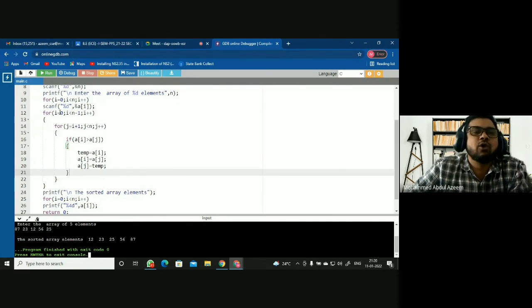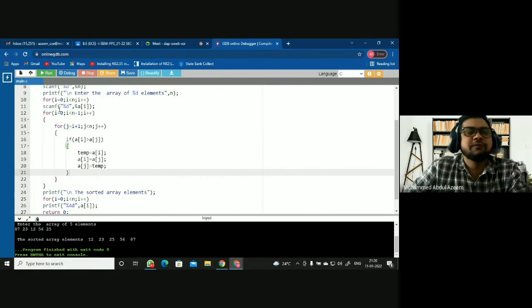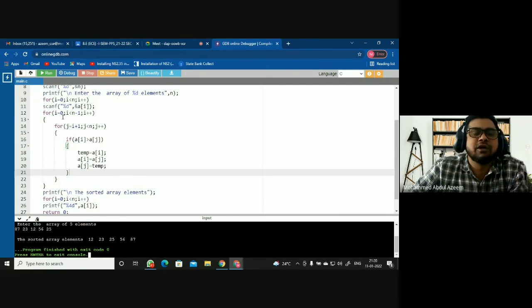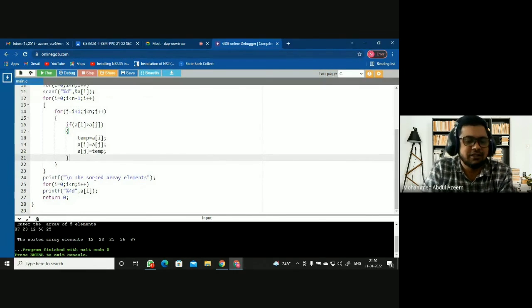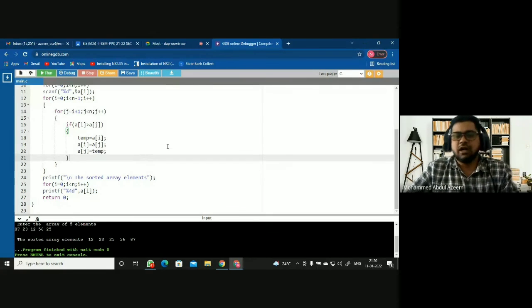In this selection sort, what is it that we are doing? We have taken two iterators i and j. i is representing the selected position. The selected position starts from the first onward till the last but one, and the rest of the elements obviously start after the selected position. So j should start with i plus 1, and go up to the last element. So you are going to compare the selected position element with the rest of the elements. Whenever you find the selected position is greater than the rest, then you are going to make an exchange. Otherwise not, right? Like this you'll be doing it for all the passes. Then obviously when you come out of it, you'll find all the sorted elements available here. So that's how you are going to implement this particular algorithm. I hope this is clear to all of you.